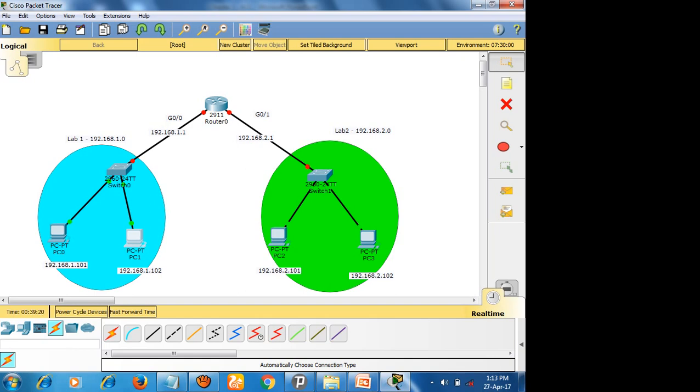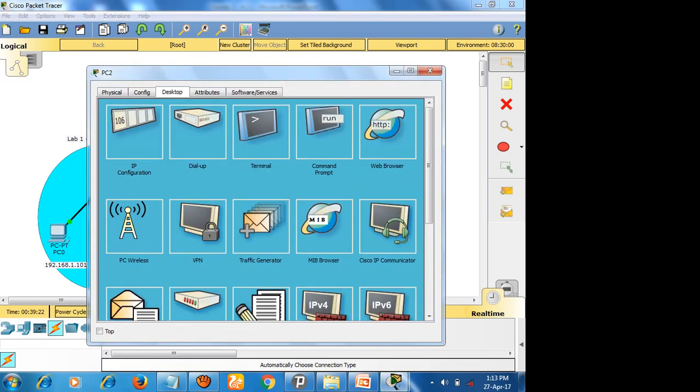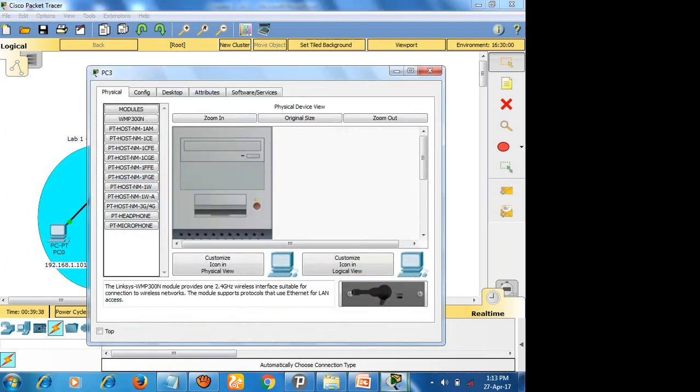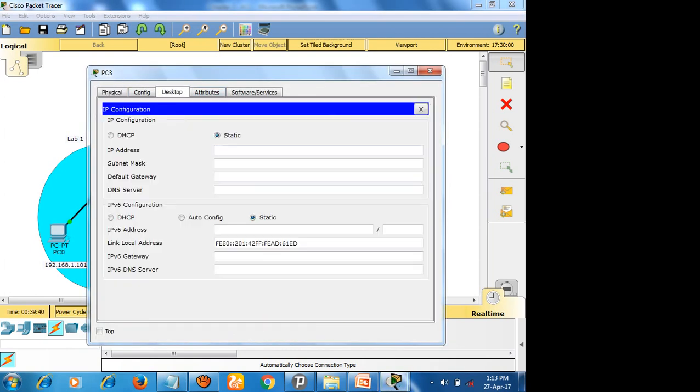And this one, 192.168.2.101, and this gateway belongs to 2.1. And 192.168.2.102, gateway 192.168.2.1.